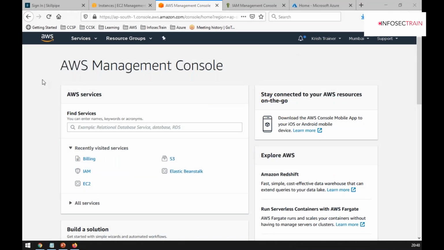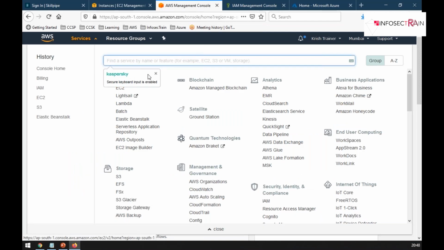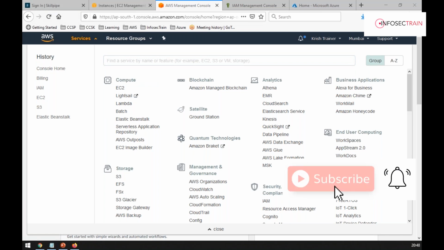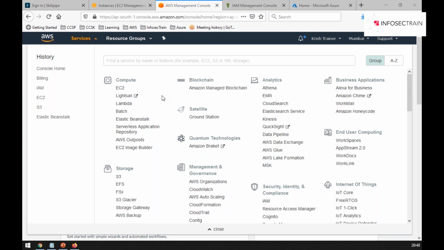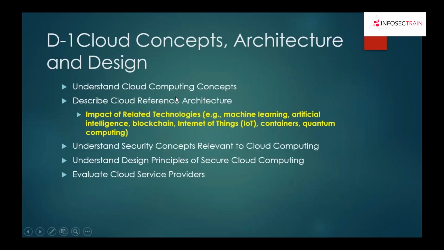You can see that in this platform I can deploy an instance. Basically the VM is called an instance in AWS. So I can deploy an instance, or create a volume, or create a database. I can do anything. How can we do that securely? Whenever I'm deploying something in a cloud platform, I must be well aware of the security factors affecting it. In this domain, I'll show you the factors and best practices for designing a secure strategy for a cloud platform.